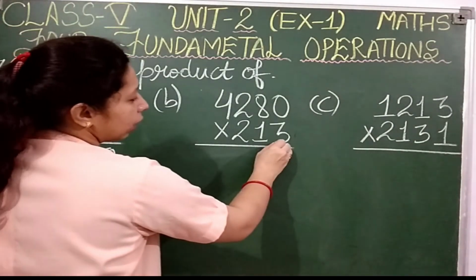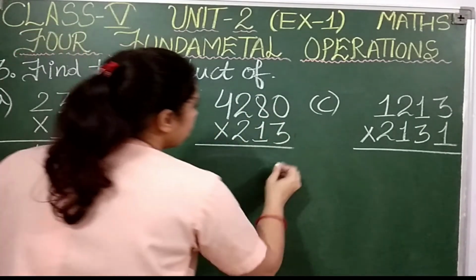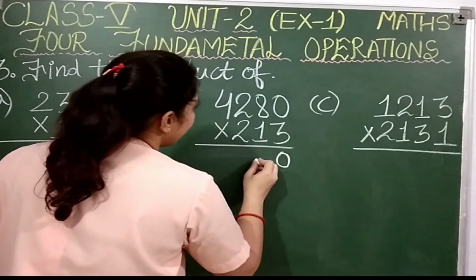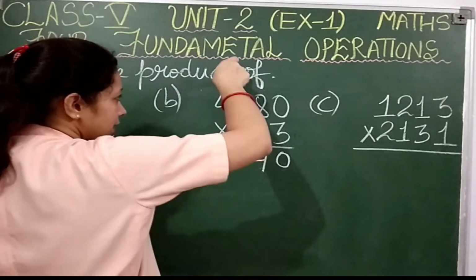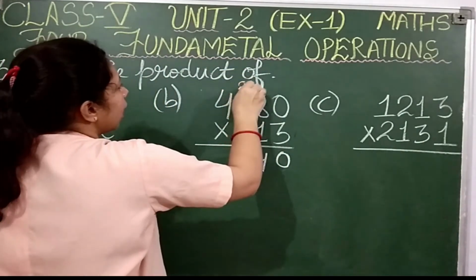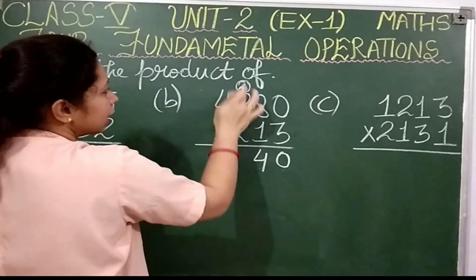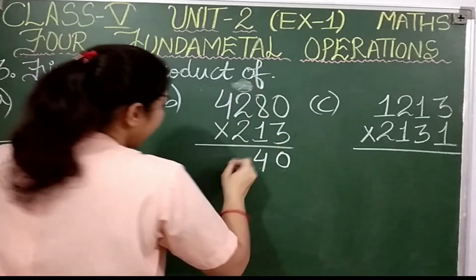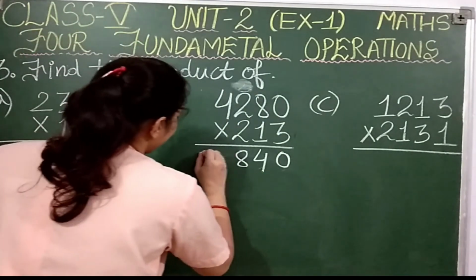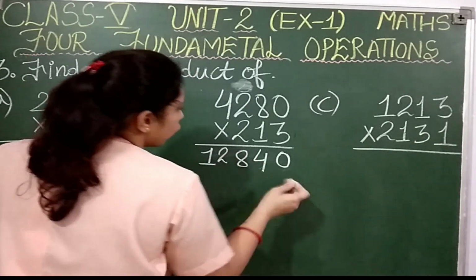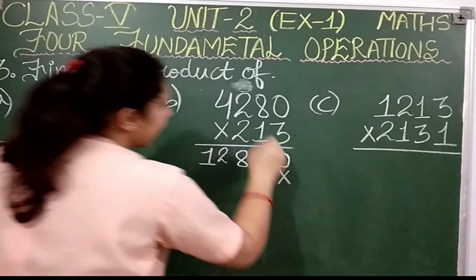Let us see question number 2 also. Here again we will start with ones place. Ones place we will multiply each and every digit written above. So 3 zeros are 0, 3 8s are 24, again 2 carry over, 3 2s are 6. This 2 which we have carried over, we are going to add with the product. 3 2s are 6, so 6 plus 2, students, 8 we are going to write here. Then 3 4s are 12.